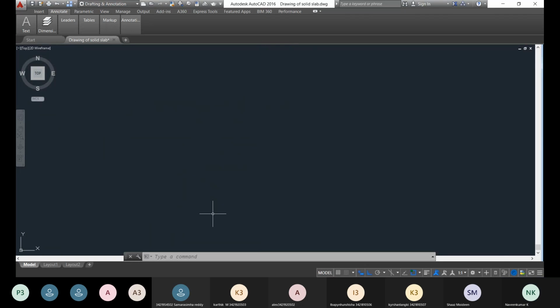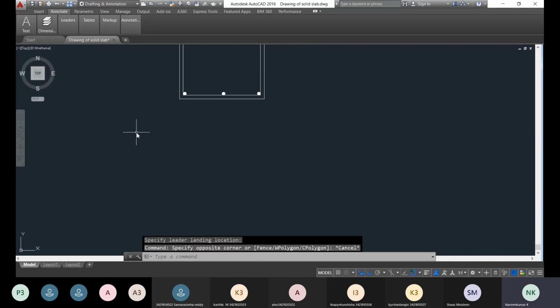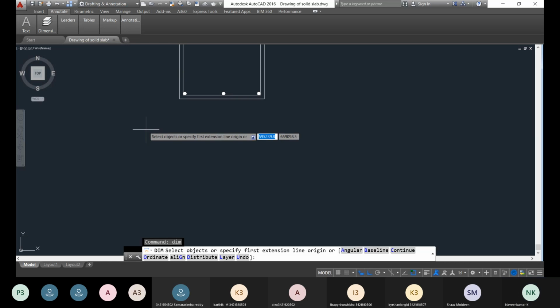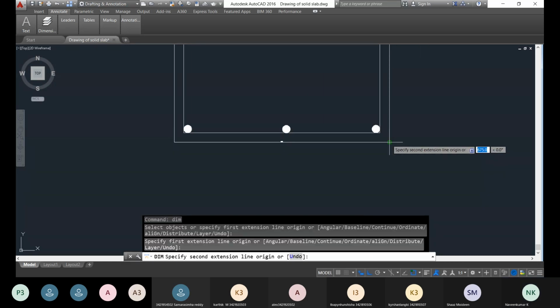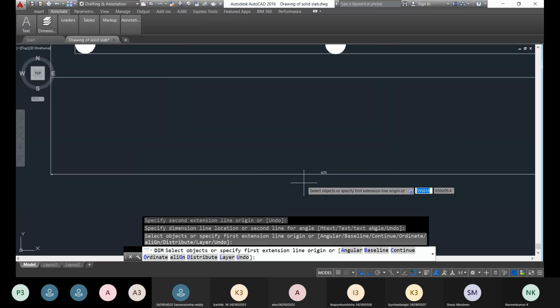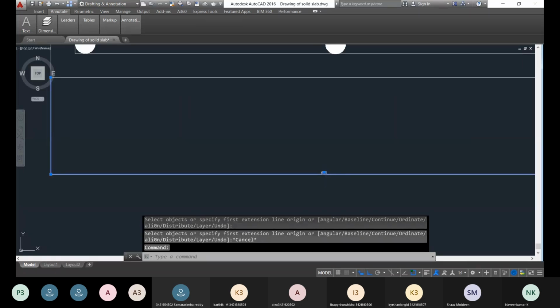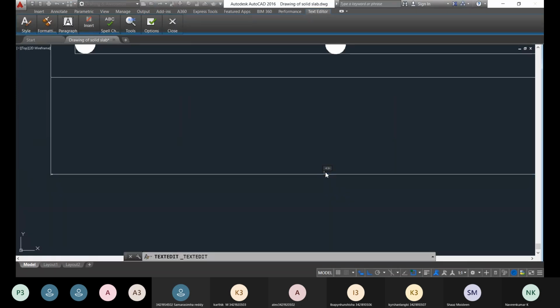So you create the dimension DIM so that you specify this one. This width is nothing but the BW.